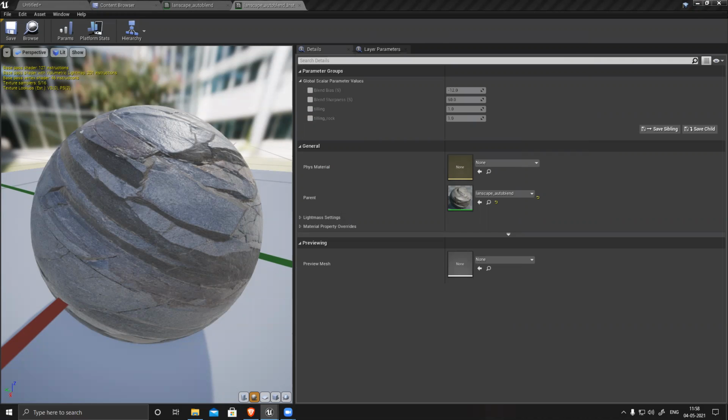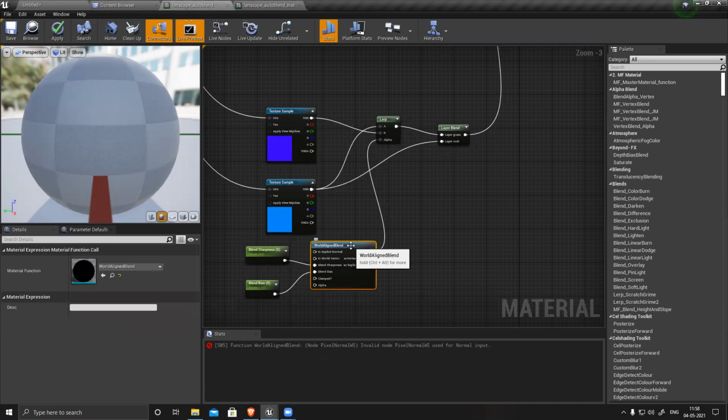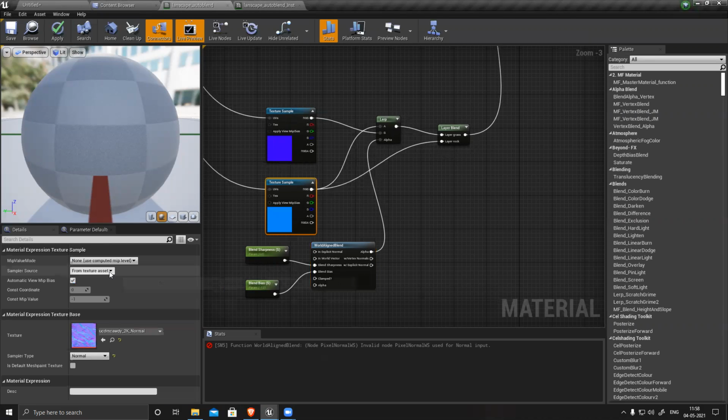Alpha, correct. Alpha, correct. It should work, but I don't know. Let's see.